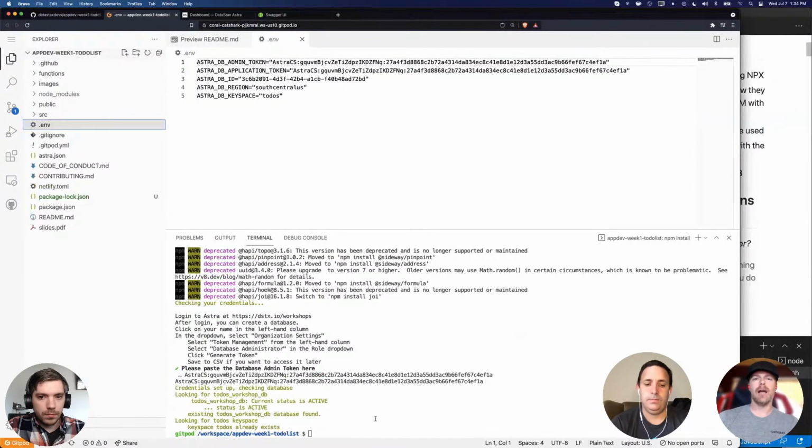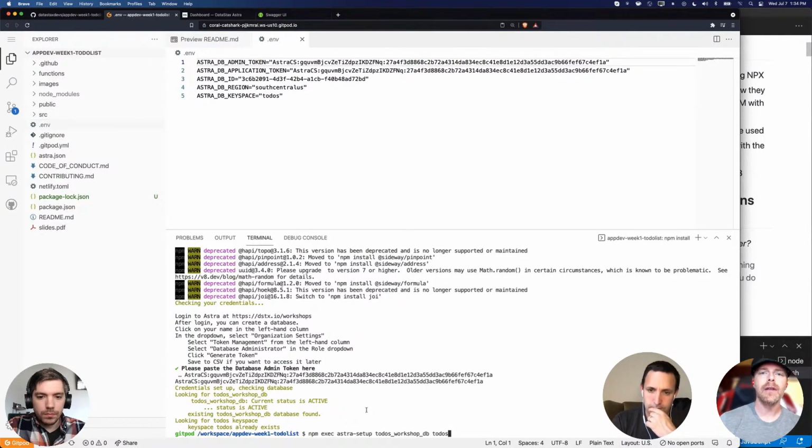Astra Setup is a public library, right? It's not something that's just for this repo. It's a really nice tool, so it does that part for you. Now, if my database wasn't there, it would have actually created it. So if I do this and I say the yay DB and my yay keyspace, right? If those don't exist,